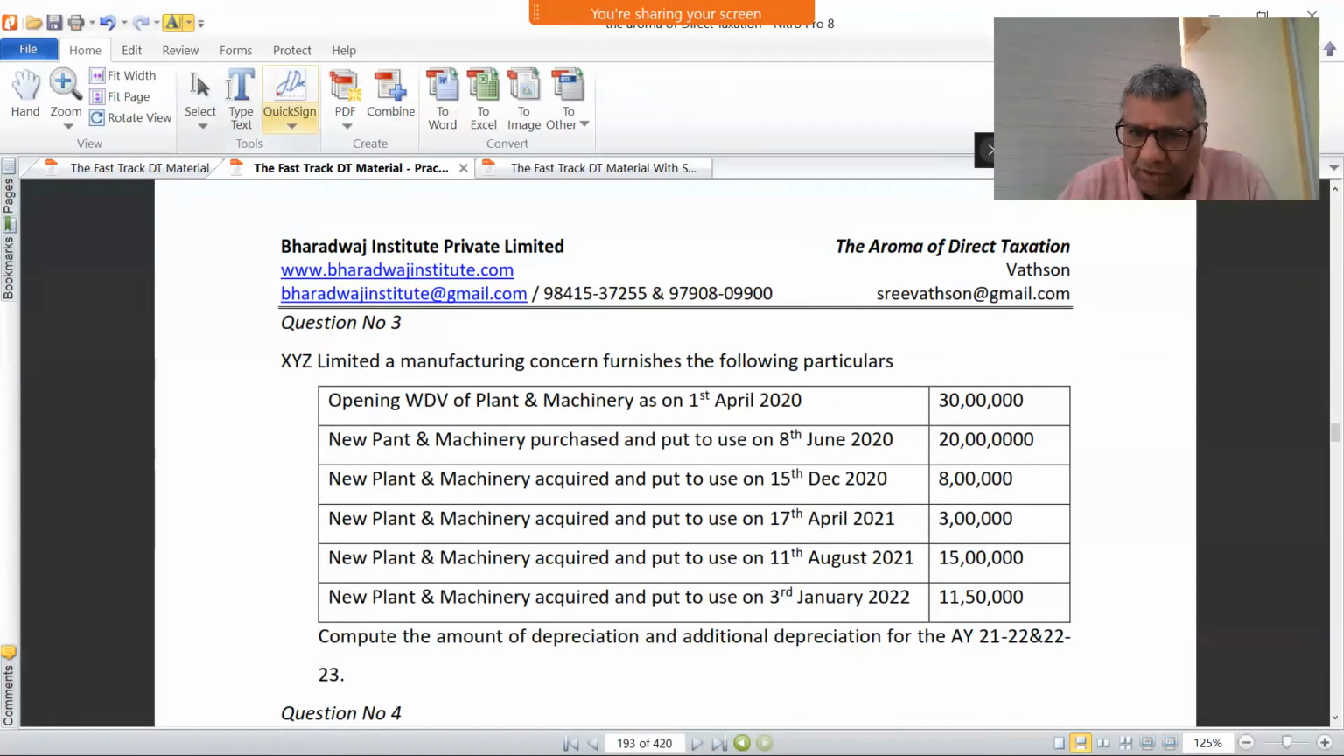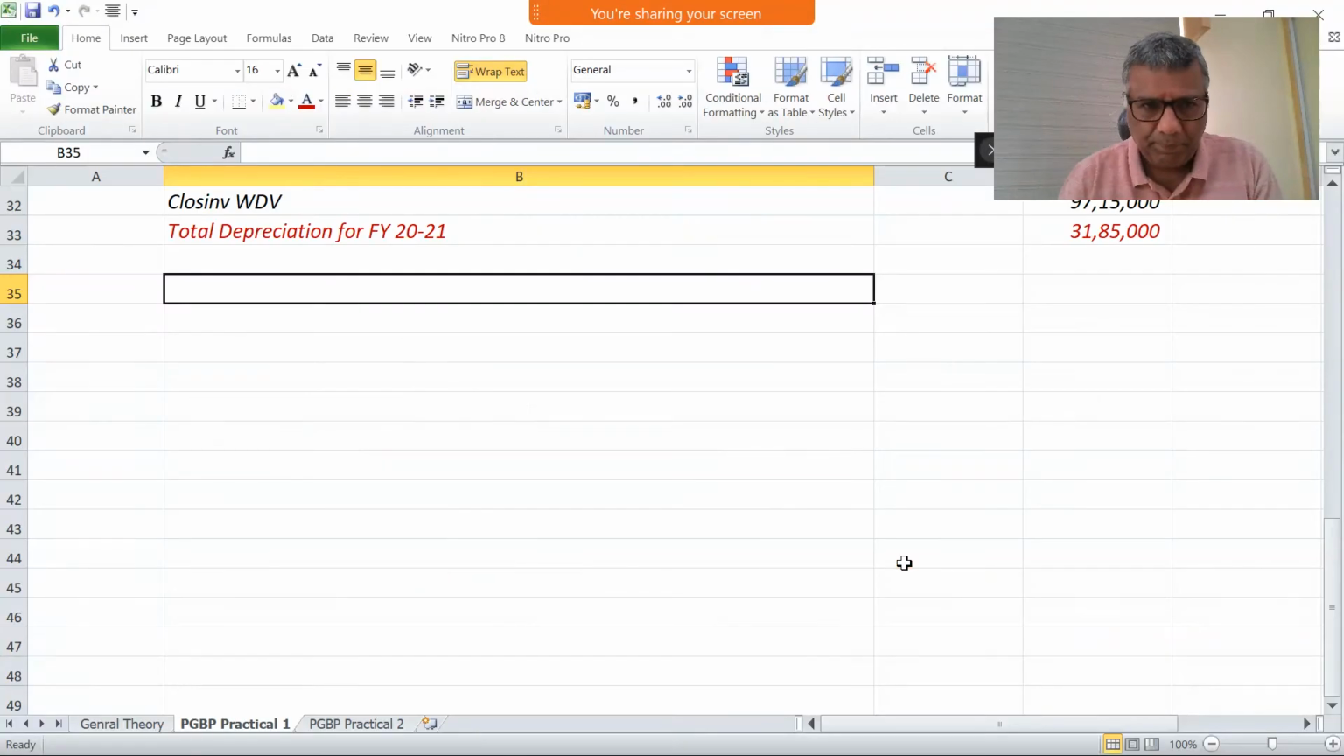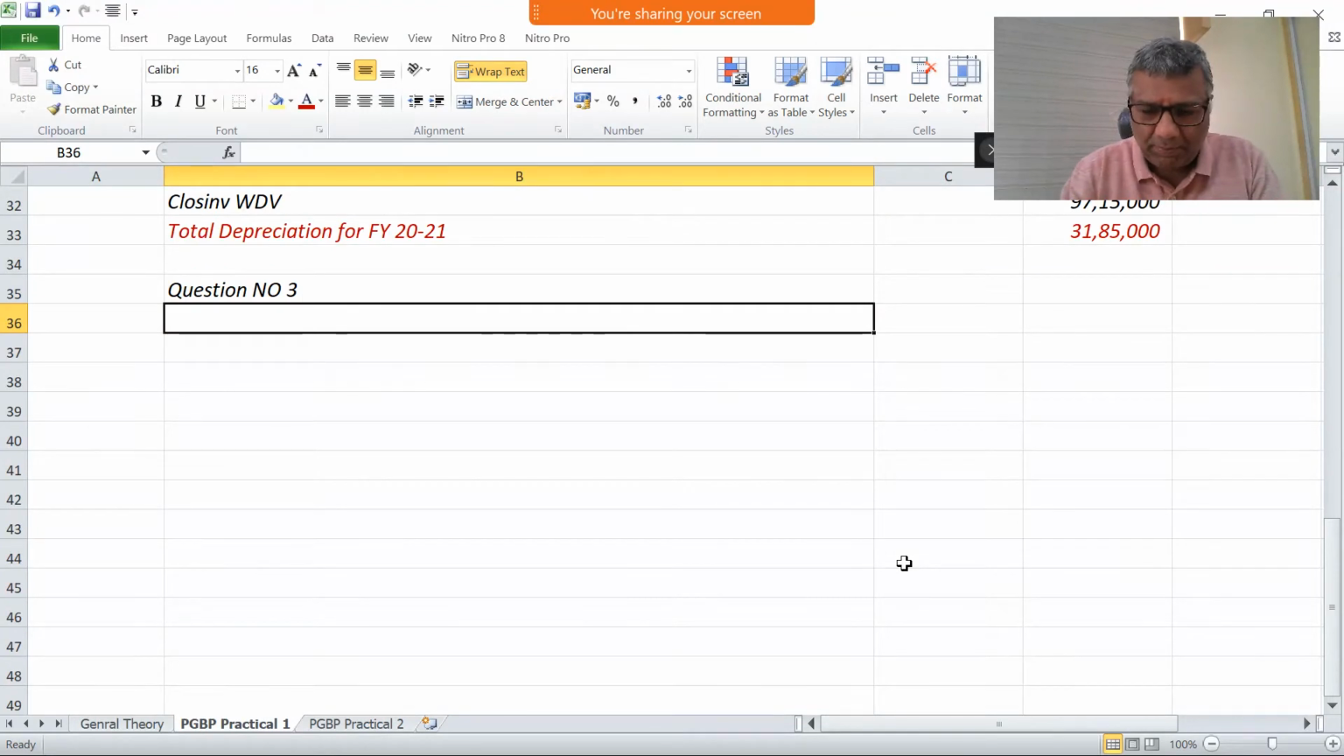In the next year, opening WDV 3 lakh. Opening WDV, we need to find out. Asset purchased for more than 180 days, 3 lakhs, 15 lakhs. Less than 180 days, 11 lakh 50. And what is the amount of depreciation and additional depreciation for financial year 2021 and 21-22, that is assessment year 21-22 and 22-23. Please work along with me. You all know that